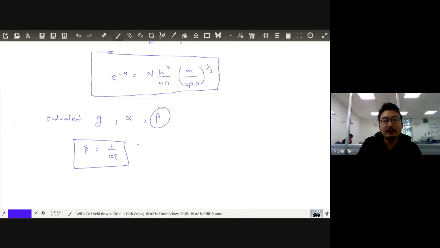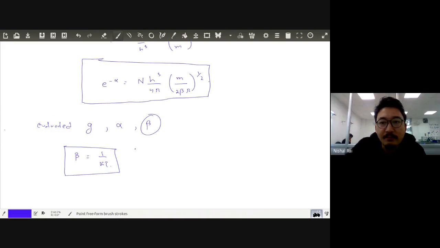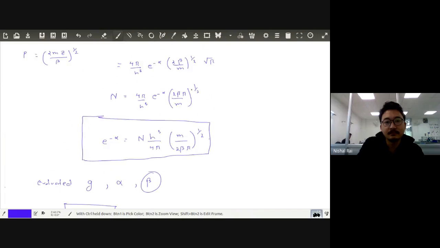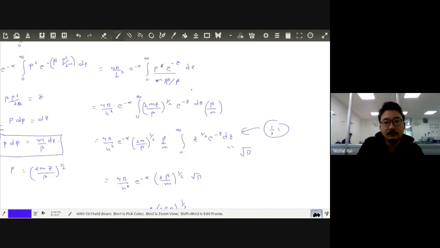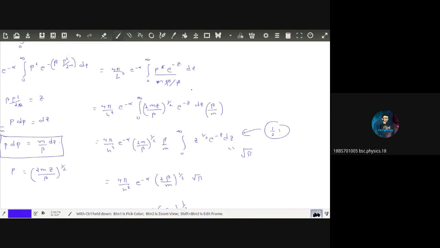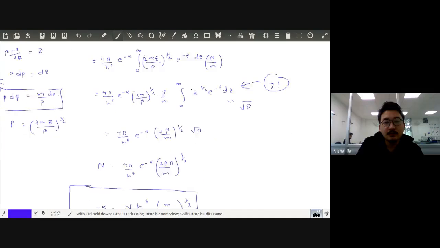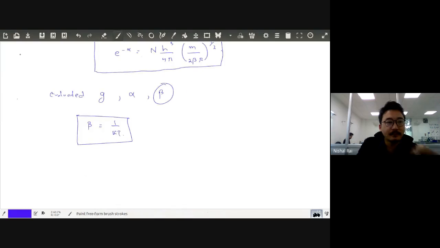So finally, you can write all the expressions combined. Now this was a function of beta. e to the power negative alpha you have already determined. So 2 kT will be sitting over here. Is it clear? So finally, you're left with the expression for your